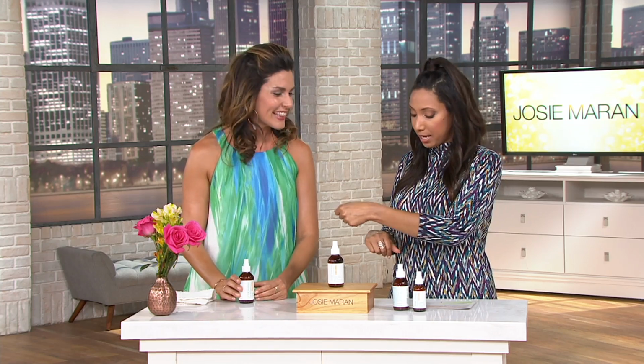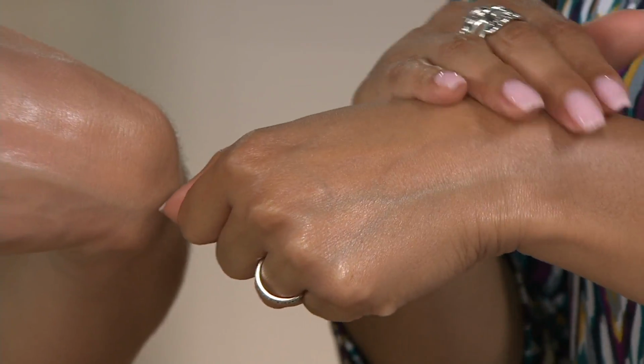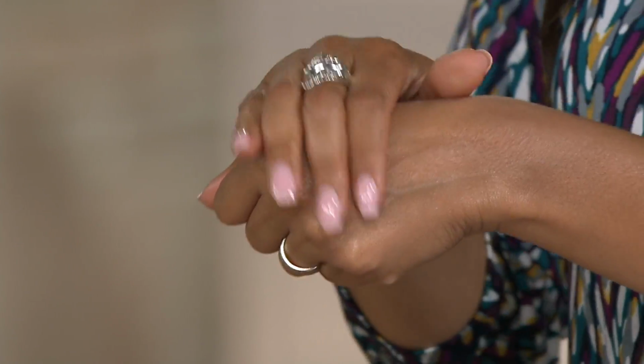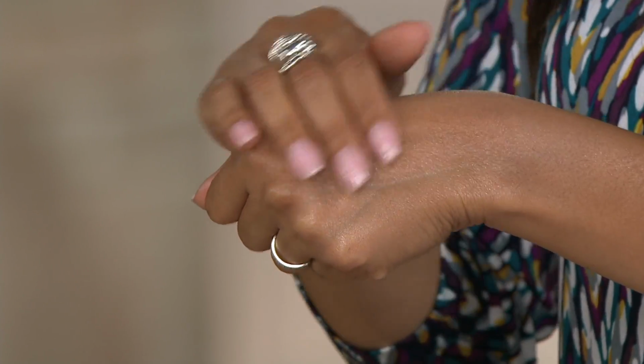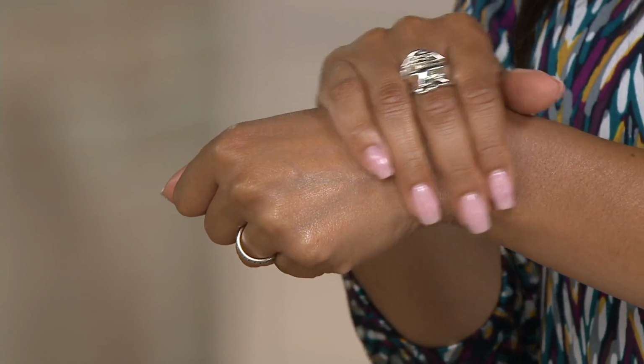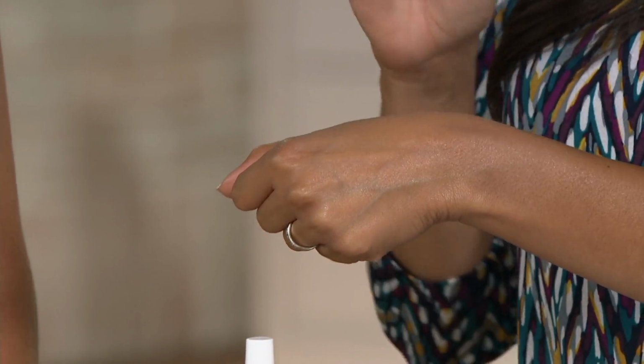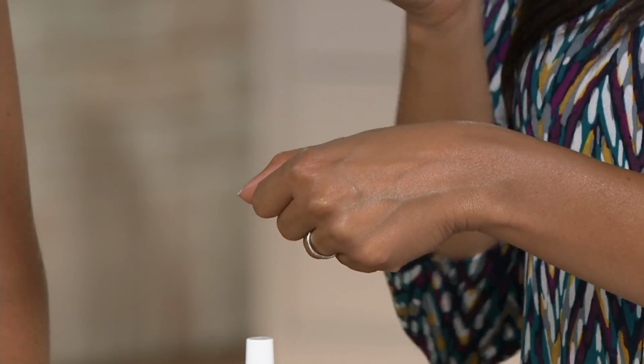And so I applied it to my hand. And remember, we are wearing the same shade. So it's just giving, like you said, wow, that looks great on you. I feel like it evened out your skin as far as texture too. It has, because of the argan oil in it. So my skin has this really silky smooth texture to it, but I'm protected,